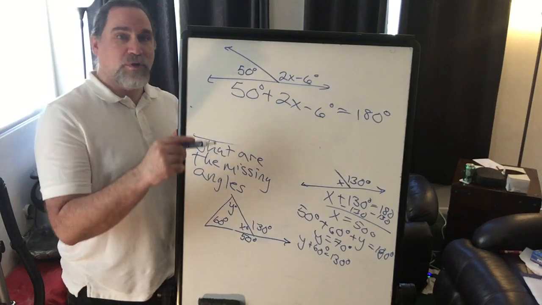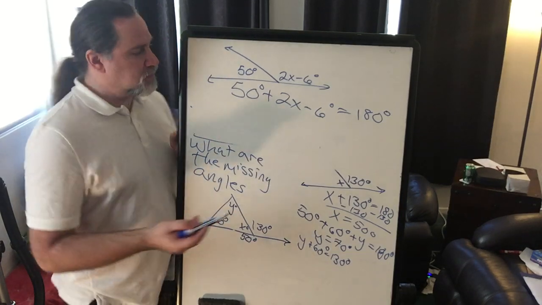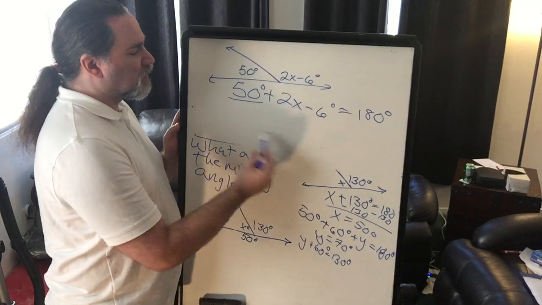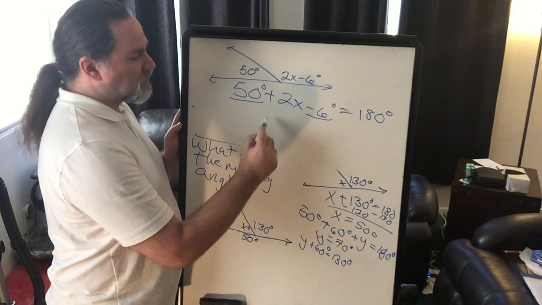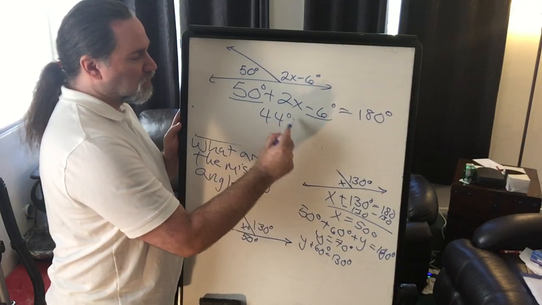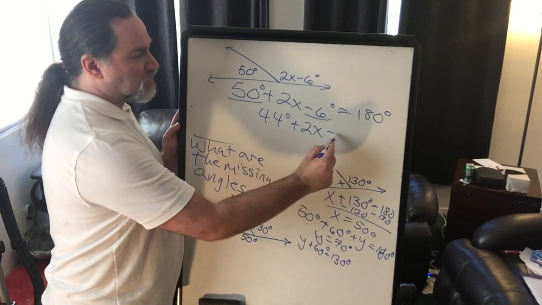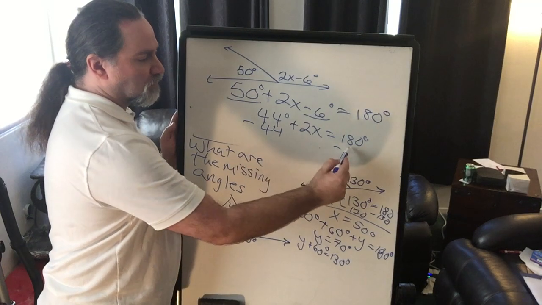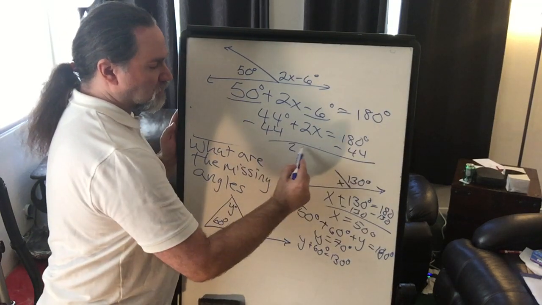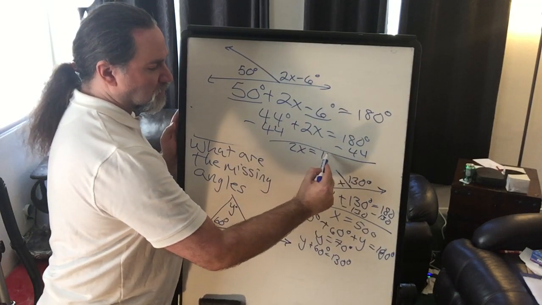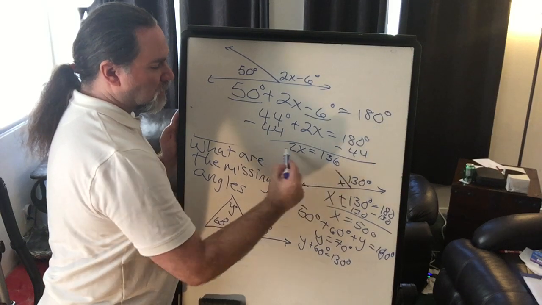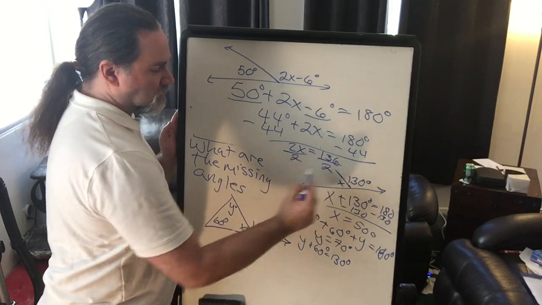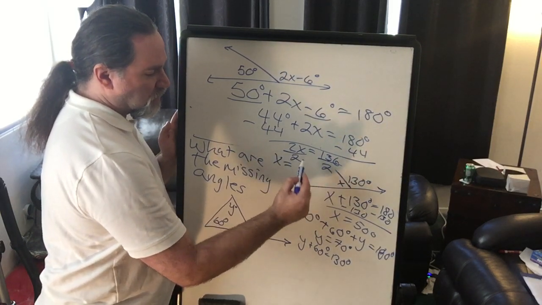And now we're going to solve for x. We're still going to simplify. We're going to go 50 minus 6, that's 44. We're going to have the 2x. And now we're solving a multi-step equation. We're going to subtract 44 from both sides. And we're going to divide it by 2. And x equals